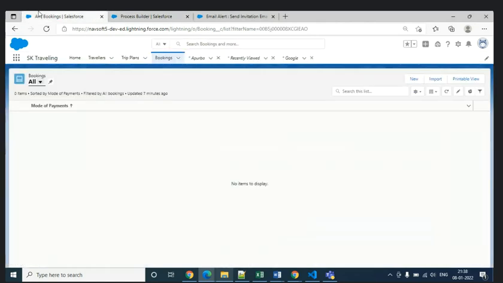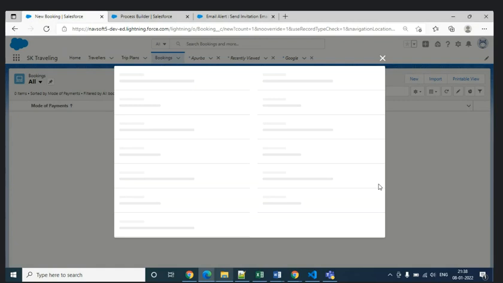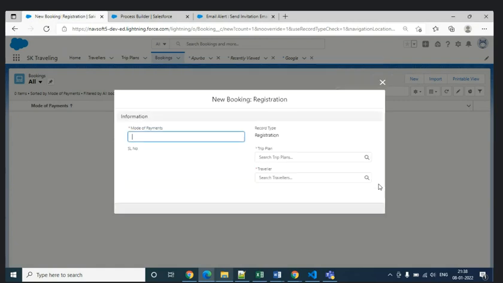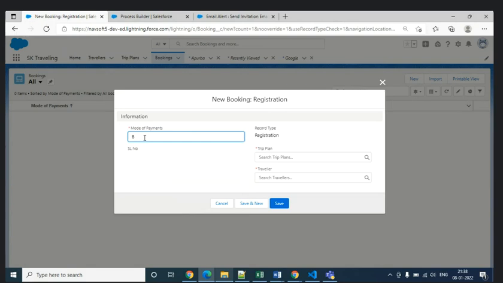If the contact has... click new. The mode of payment you can take as bank check or something.